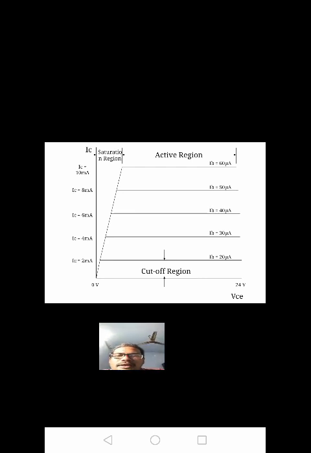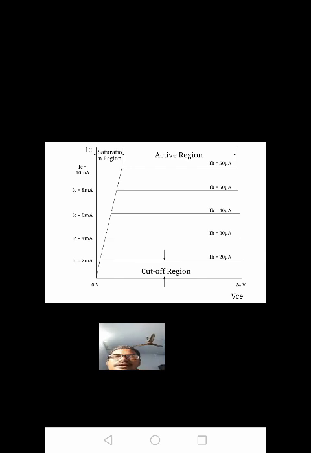Here we are observing the output characteristic of the transistor, with VCE and IC as the output voltage and current. We are observing three regions: saturation region, active region and cutoff region. The minimum value of current is taken, for example, as 2 milliamperes. Below 2 milliamperes, the base current is 20 microamperes. When the output current value is less than 2 milliamperes, the transistor is in cutoff mode.